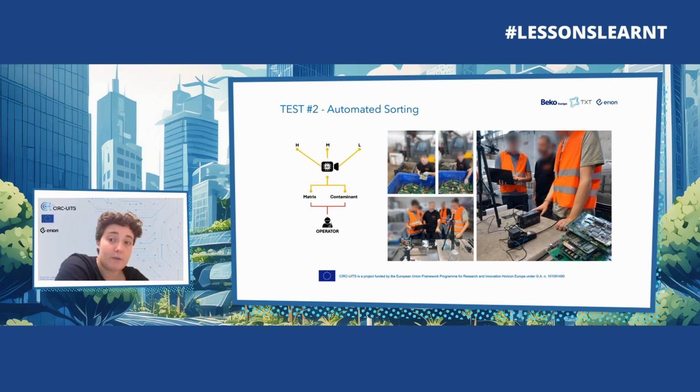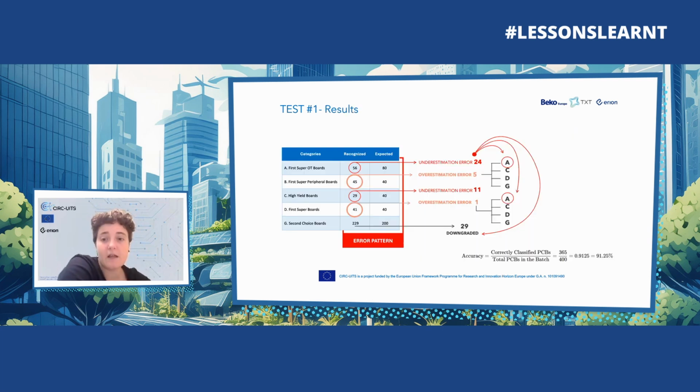This is what we get from the manual sorting test. The sorter at the beginning of the process stated that his sorting process was accurate around 97%, but thanks to the tests, it was possible to assess that there are actually some underestimation and overestimation errors. This means that sometimes some PCBs are not recognized as they should be, so they are not reaching the right category. And this is actually a real problem only if we talk about the first four categories, the really high value category,